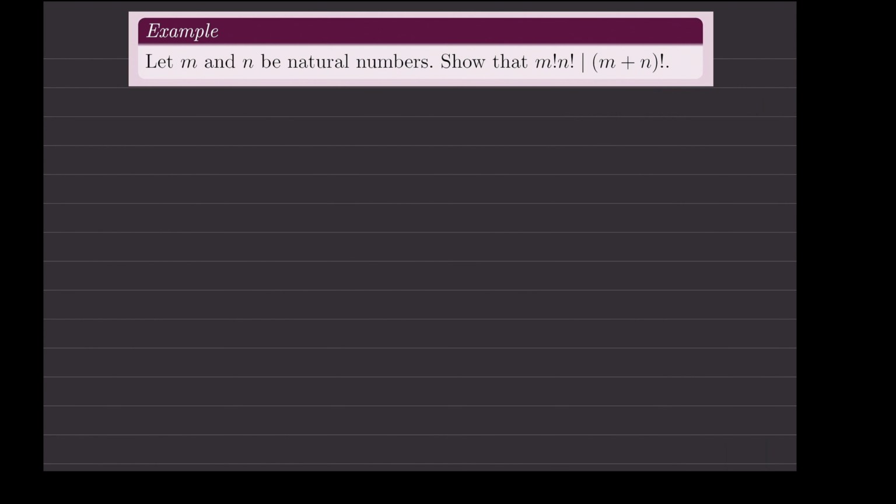So I want to invoke one thing from combinatorics. Let me mention that here. Let me change my color. So that's some kind of a recap. If I have a number n, which is a natural number, and m is also a natural number, but I have a constraint, 1 is less than or equal to m is less than or equal to n. And let us say that I have n people. My goal is to choose m of them, in which order does not matter. I hope that you have studied combinatorics at least a little bit at this level.